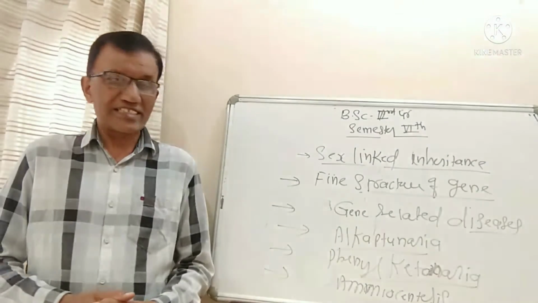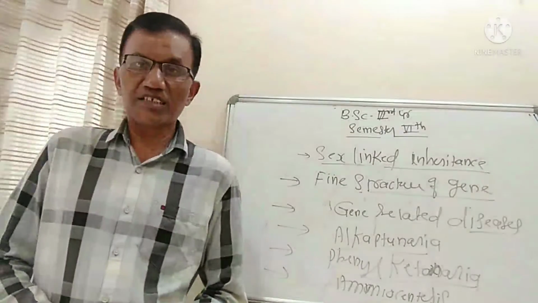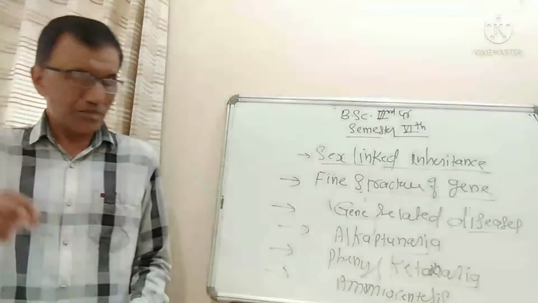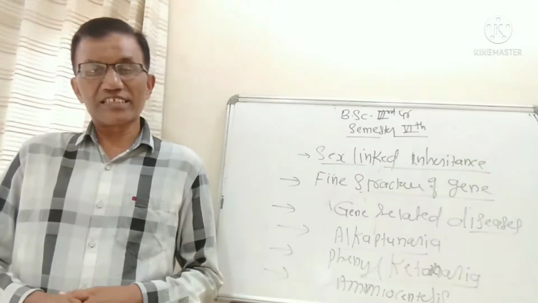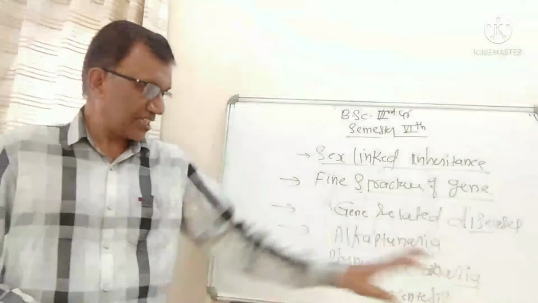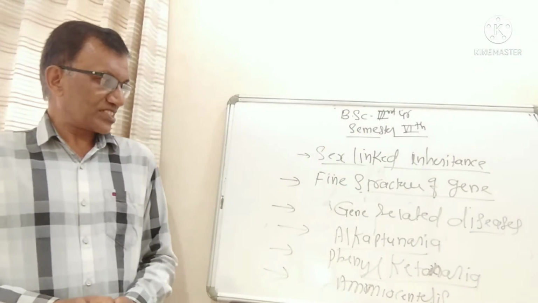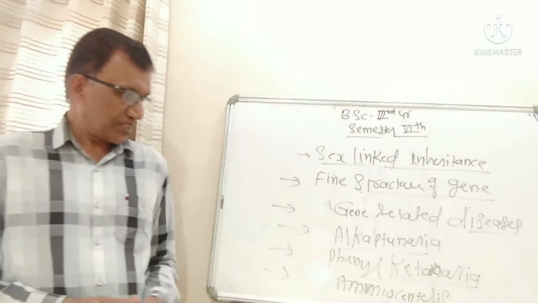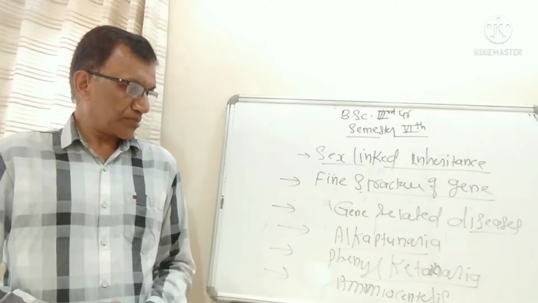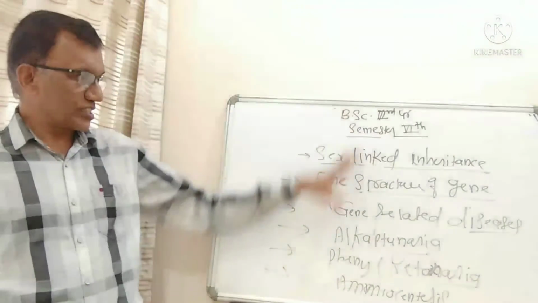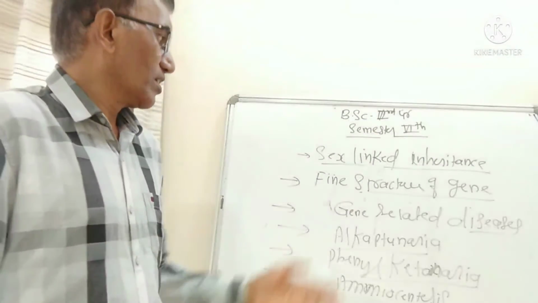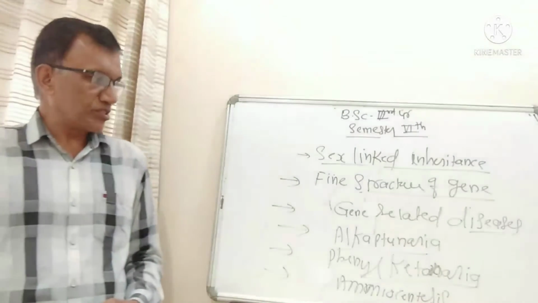The third one is amniocentesis, which means the amniotic fluid present around the baby growing in the uterus. We can detect a particular genetic disease through it; that is known as amniocentesis. So these are the three important gene-related topics: alkaptonuria, phenylketonuria, and amniocentesis. Phenylketonuria is also known as PKU. So this is a slight introductory explanation of alkaptonuria, phenylketonuria, and amniocentesis.